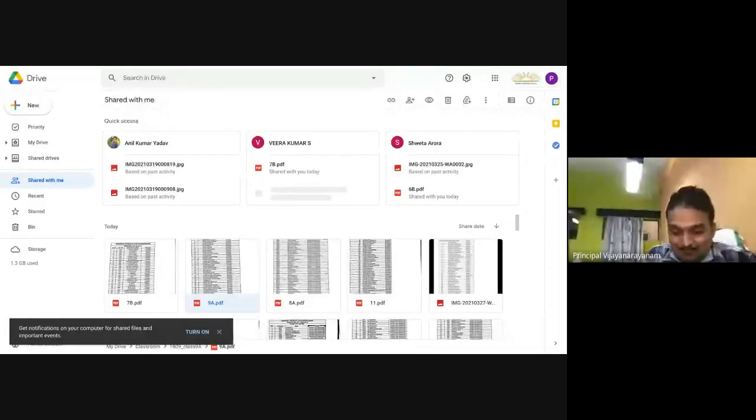Okay. First one is to create a template. Second one, return the students' work. Third one, add students in the new classroom. Fourth one, unenroll the students. Fifth one, archive all old classes.